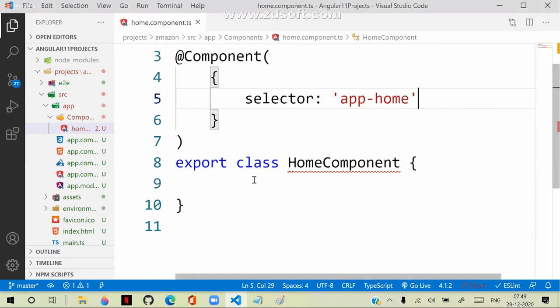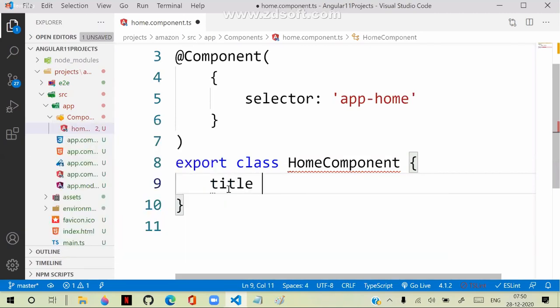Technically, we have the class HomeComponent. In this class, for example, I am declaring a property, a title property. Generally, in a class, when you are configuring properties, we define the access specifiers: public, private, protected.